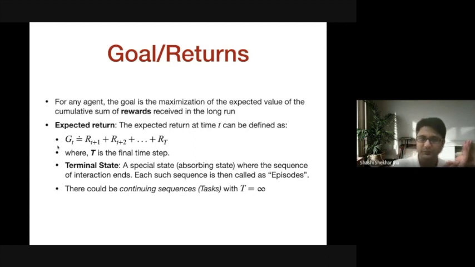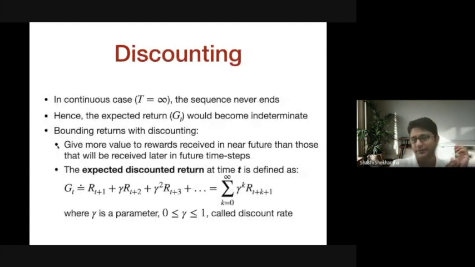How do we solve the problem? To get rid of it and to have a more general, generic definition of return, we use a technique called discounting. What do we do in discounting? Basically, it's very simple and very elegant as well, if you ask me. We take a parameter gamma, which we call the discount rate factor. This parameter has a value only between 0 and 1. And then we multiply this parameter with all the future rewards that we are receiving. As we go forward in time, we keep on increasing the index, the power, of this factor gamma.